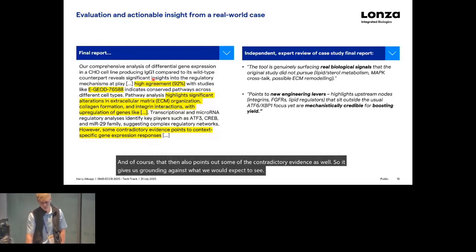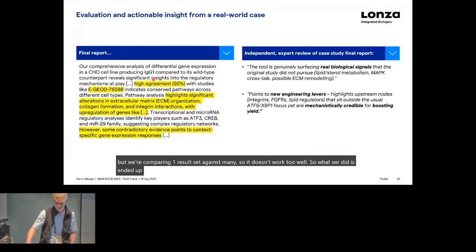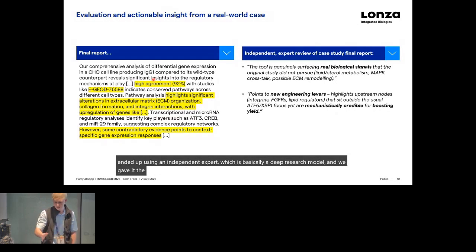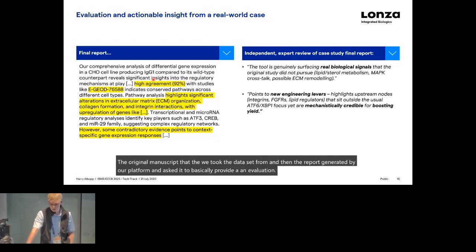It's quite hard to quantitatively evaluate this. We tried some cosine similarity things, but we're comparing one result set against many, so it doesn't work too well. So what we ended up doing is using an independent expert, which was basically a deep research model. We gave it the original manuscript that we took the data set from, and then the report generated by our platform, and asked it to basically provide an evaluation. So you can see that the platform is generally highlighting some real biological signals,